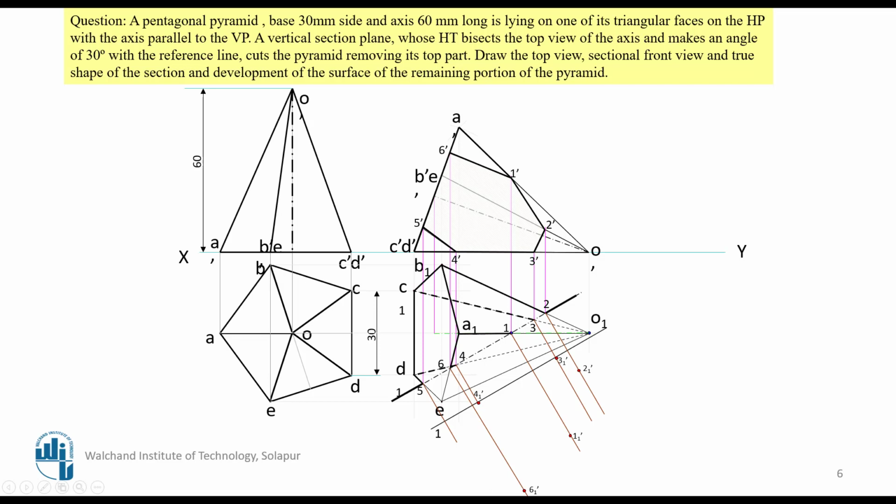This is not a proportionally exact dimensional figure. It is just an approximate figure. That is the reason some of the dimensions might not look exact, as if this length here and the length here are different. Then join it and you are going to get this as the true shape. This is the true shape. Here also you have to make the hatching of this portion. This concludes this particular problem.